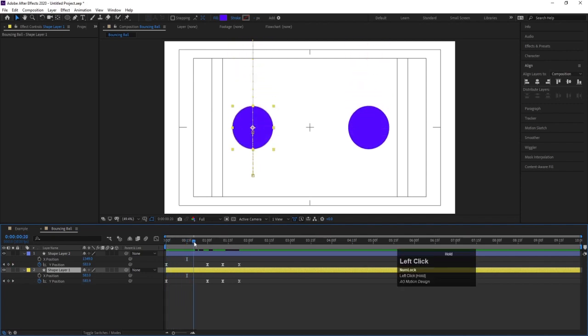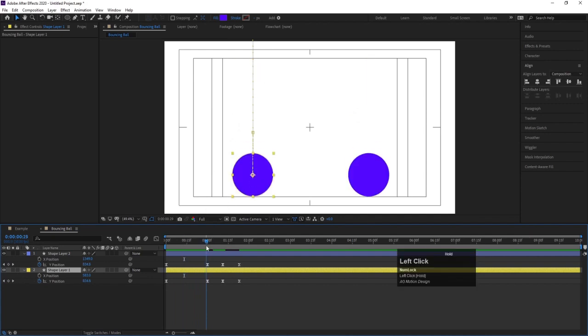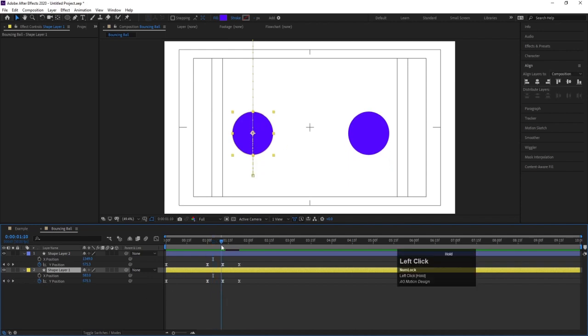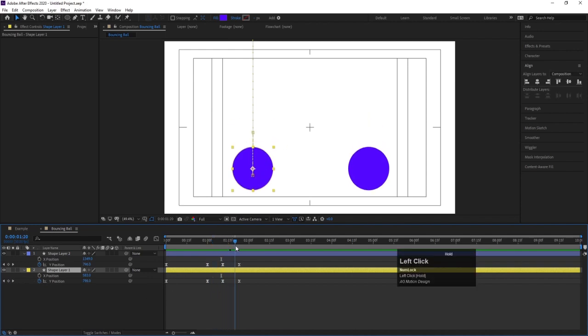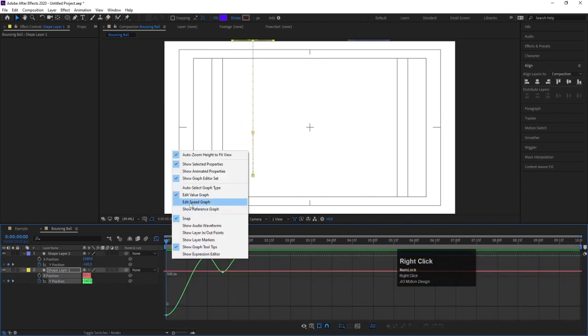Now if you know the bouncing ball principle, whenever the ball is going to reach the ground, the speed should become very fast, and as it goes up the speed becomes low and then becomes fast again. Okay, so let's select this and go to the graph editor, right click, and I'm going to choose edit value